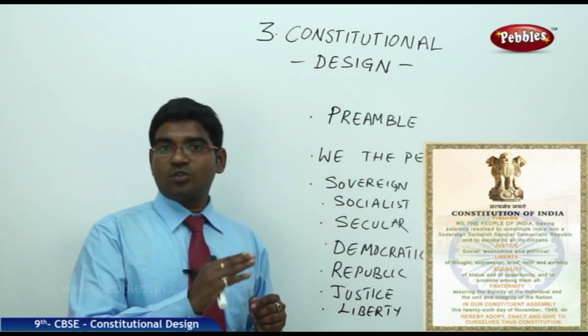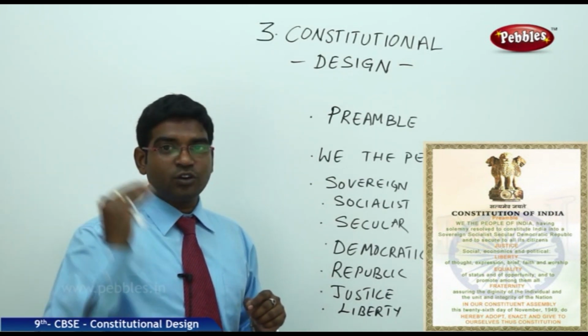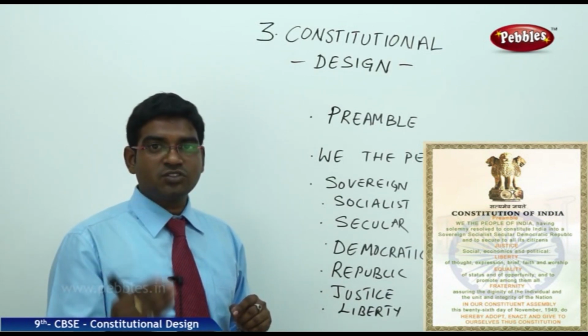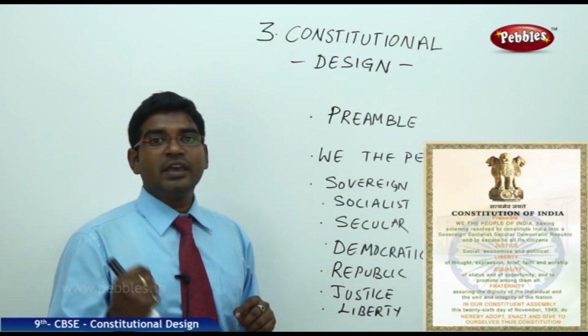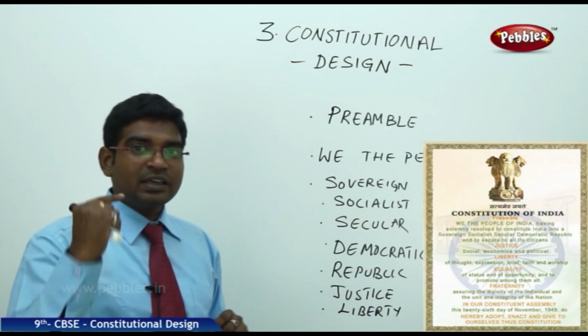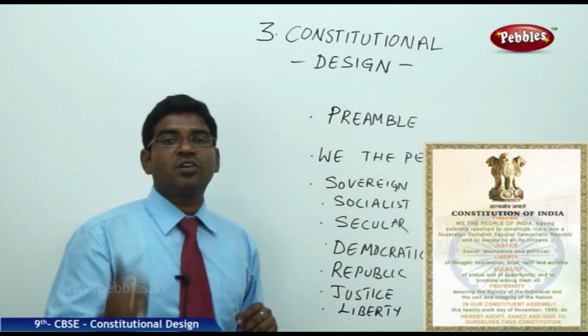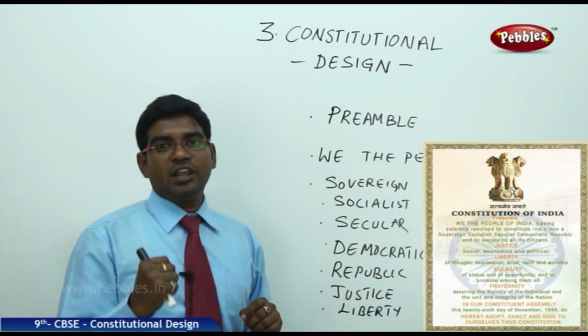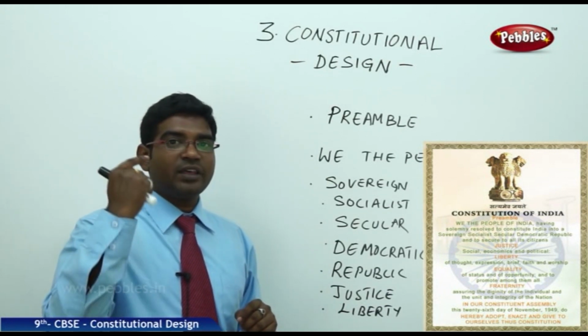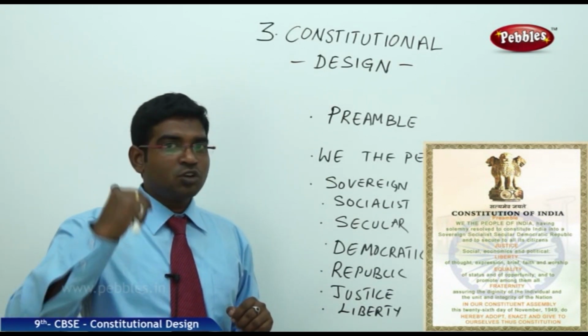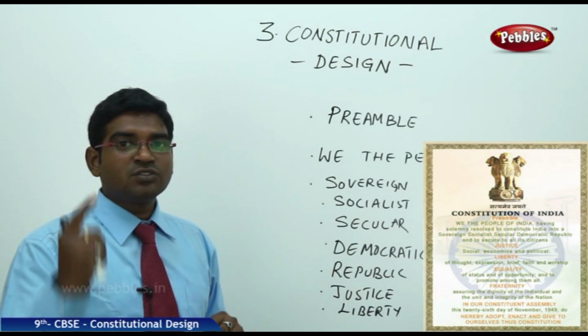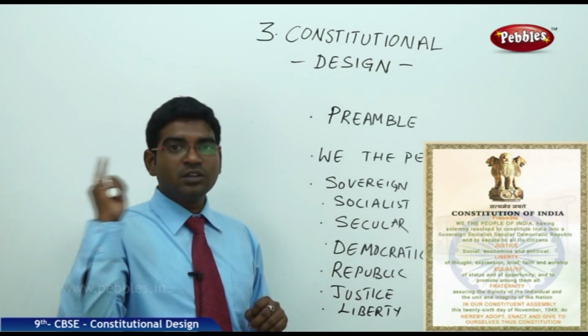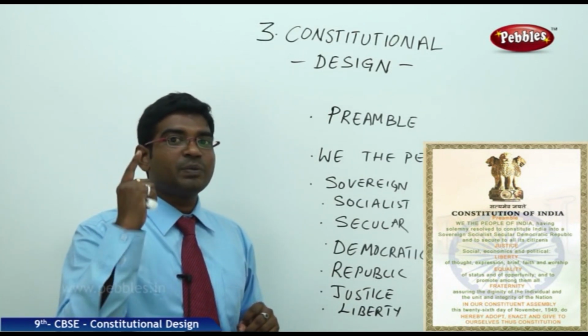Republic. We do not have any hereditary ruler like a king, his son or somebody else taking all the powers. It is the people's representatives who elect the president of our country, who is the head of the nation. These representatives are elected through universal adult franchise, and are again not on a hereditary basis. So we do not have any hereditary ruler; we have an elected people's representative.